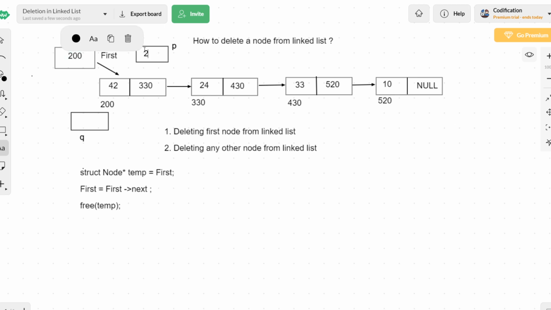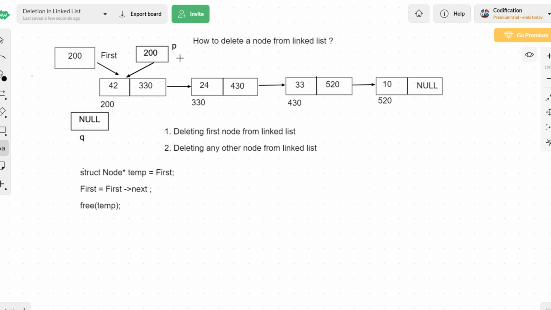So 200 is the address, and 200 will be stored here. Now pointer P is pointing to the first node. Now what is the previous node of the first node? There is no previous node, since this is the first node. Let us start the Q value from null. We already did the same procedure in the previous video, on inserting a node in a sorted linked list. Okay, fine. So P is referring to the first node, and Q we are starting with null.